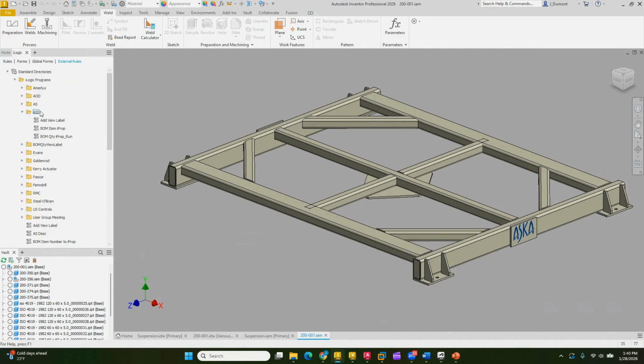I have a little iLogic code, and everything I show you today is accessible to you all. We can send this information to you. This is all available. I created a little program. It's called BOM Quantity iProp. I call it run because that's what I want to run, because it'll run a sub program underneath it. Again, I didn't have a lot of time. I went online, I stole some code for pushing the item number, and I stole code for pushing the quantity over. And so I just had two codes, and I run one and then run the other one from within it. So if I edit this,